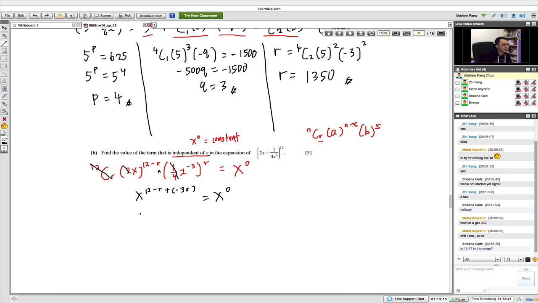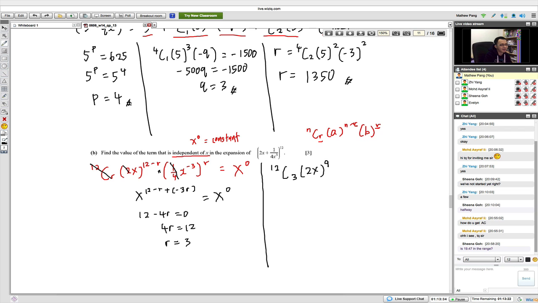Then at least I can solve my r here. This is 12 minus 4r equals 0. So you can know 4r equals 12, r equals 3. That means you can get independent of x when r is 3. So it's quite simple. It will be 12 C 3, this is 2x to the power of 9,